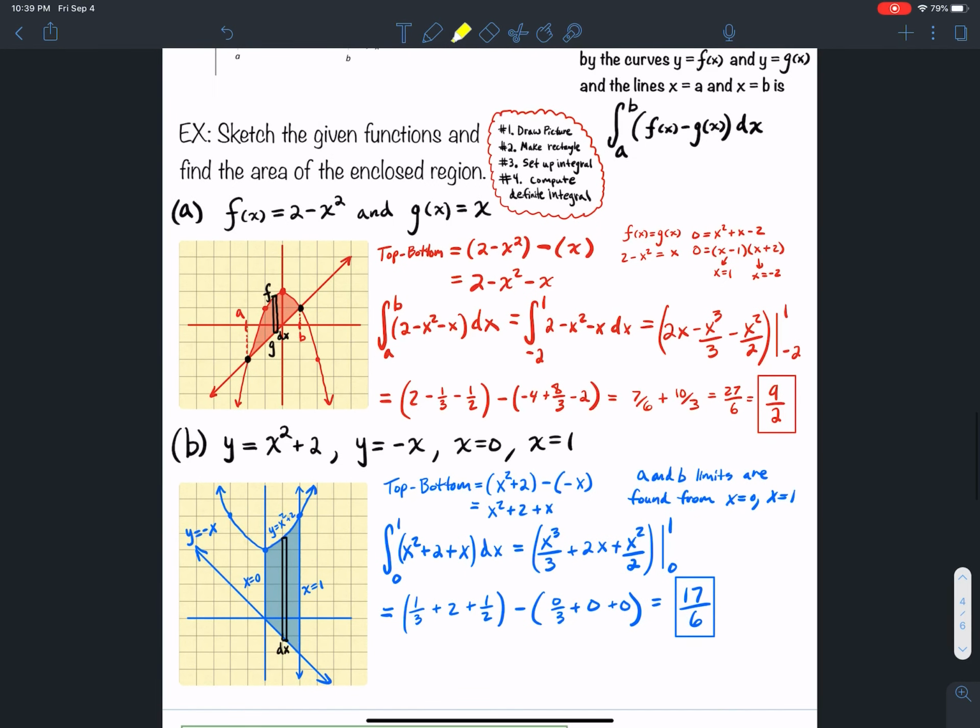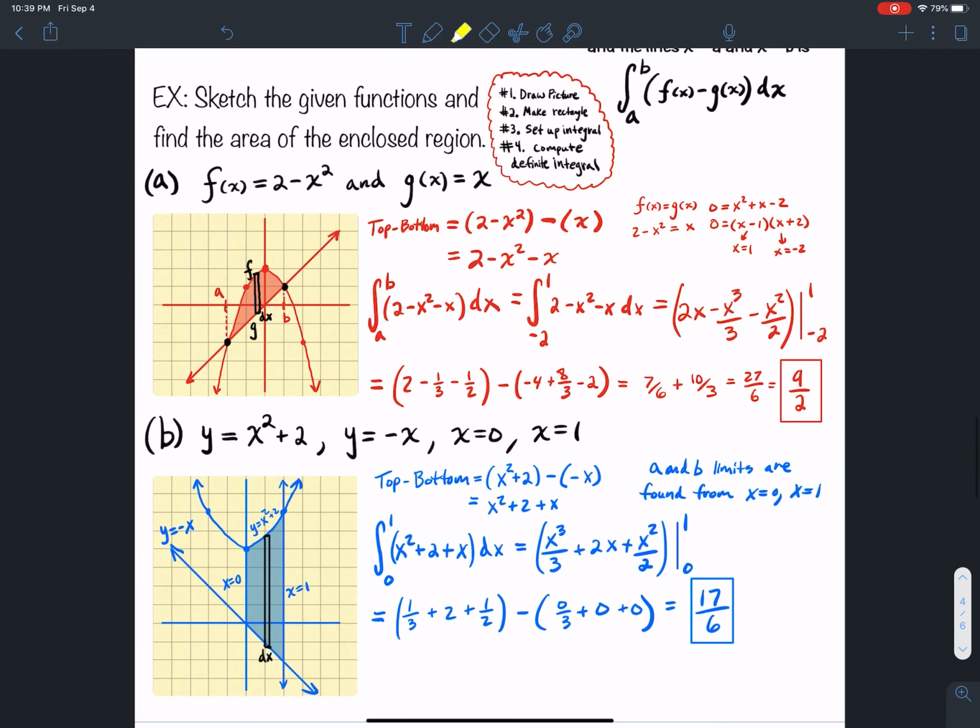So hopefully you can see how, whenever I zoom out here, everything all in one